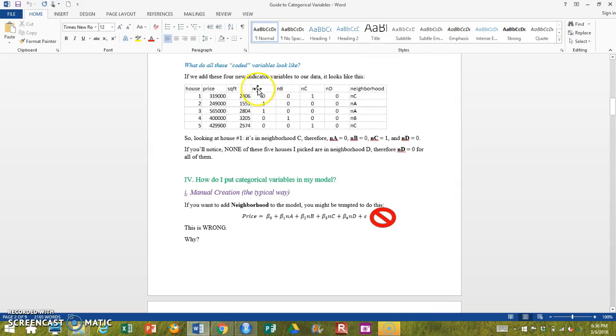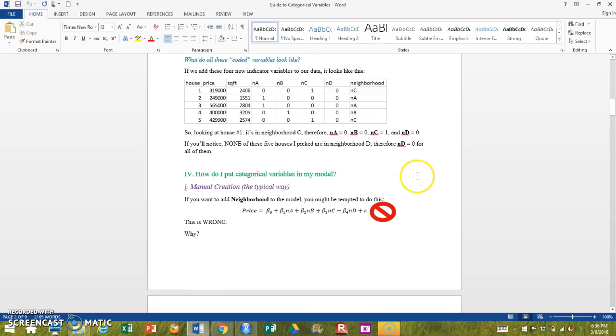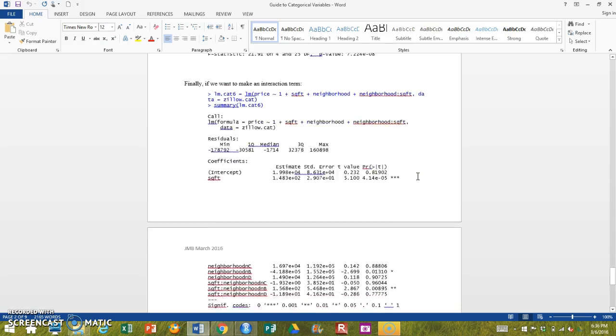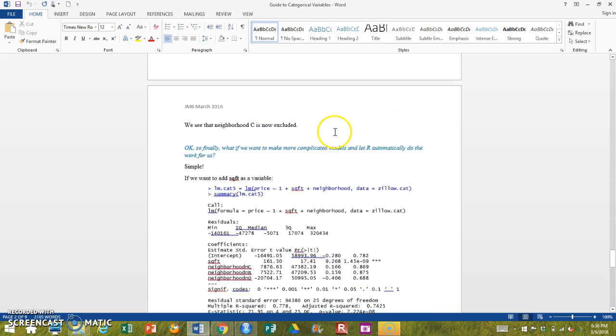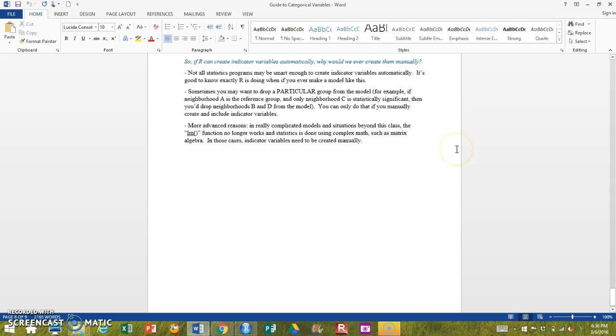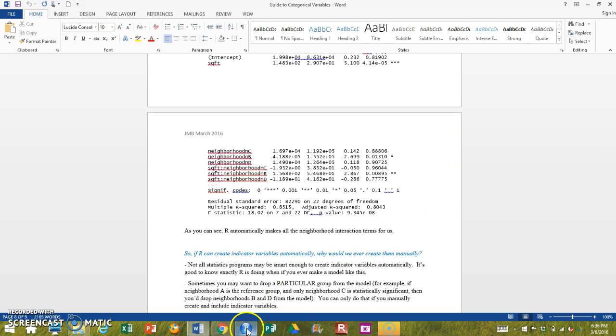And you know what? I think this makes good interpretive sense. Each neighborhood has its own variable. I like that. I think that's pretty intuitive. So I don't think it's too crazy to think about it in that way. But for now, just run things in the very simple automatic way by including the categorical variable on its own without doing indicator variables. It will work for our purposes. But again, you can